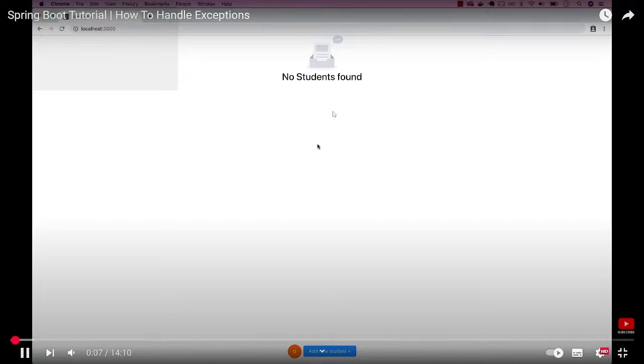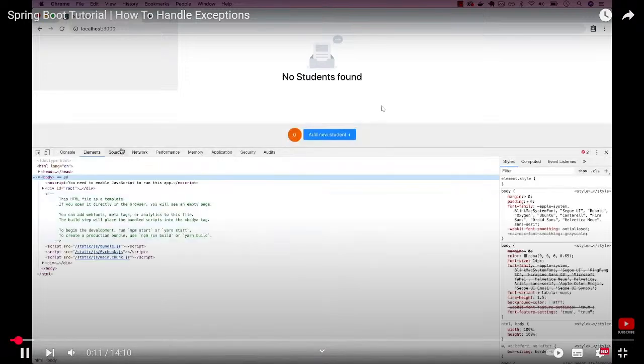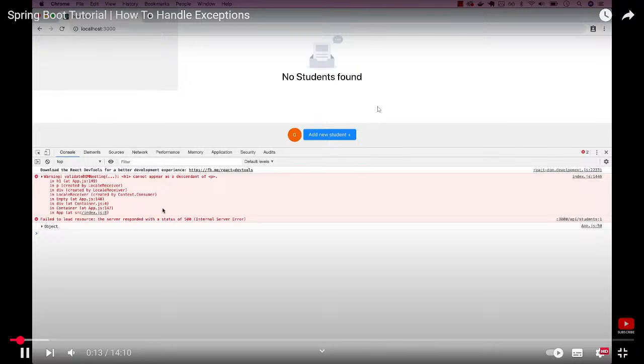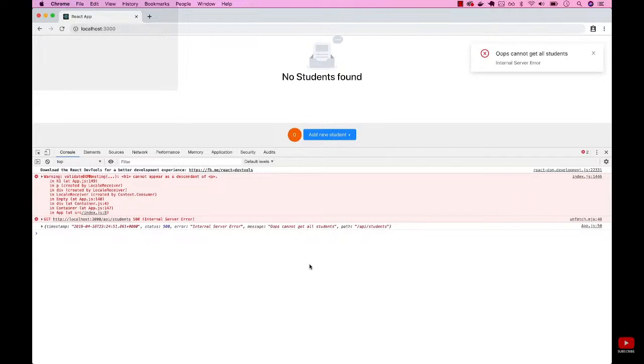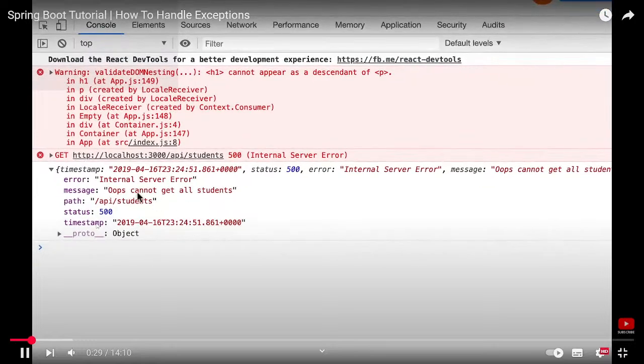So far in our application, if I inspect this and go to console, if I refresh or restart, you can see that right here we have this JSON payload. And this is what Spring Boot gives us by default, right? So you can see the timestamp, which I already know is the default one. And the status one is the only issue we have because the status 500 only says that there is an